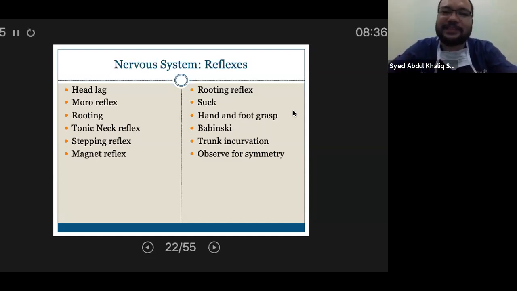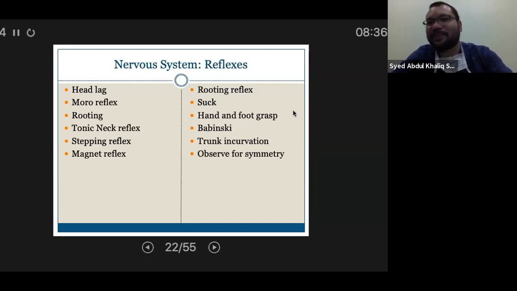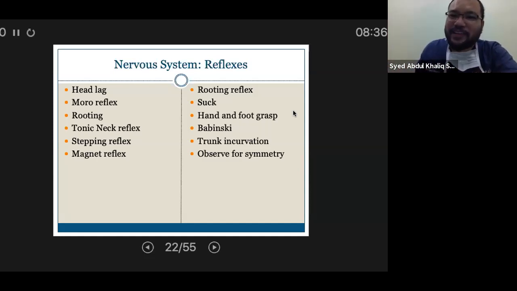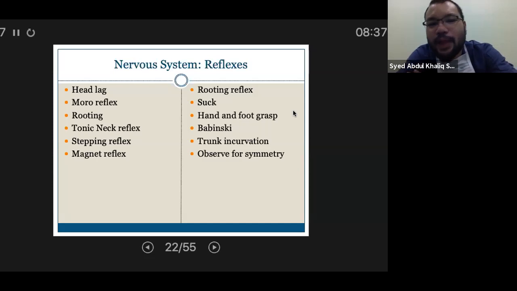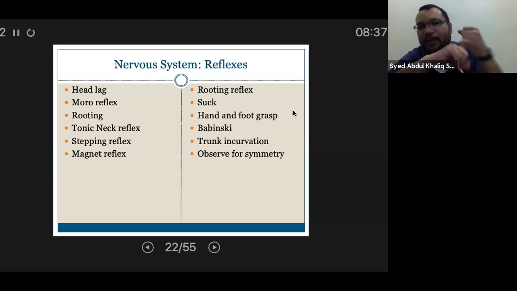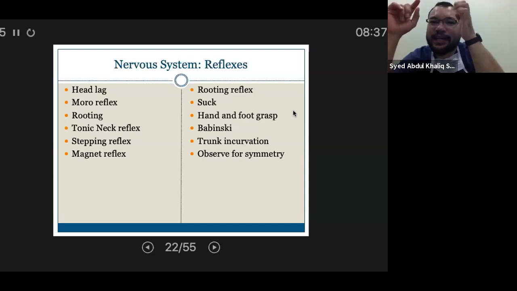And then ada walking reflex. You pernah tengok tak video viral dekat YouTube? Kata oh bijak ni, baby ni baru lahir dia pandai jalan kan. Actually semua baby macam tu. You all semua sama macam tu kan. So you pegang dia, you letak kaki dia dekat atas satu flat surface, dia memang akan jalan. That is a primitive reflex. It is not something yang miracle. Maksudnya semua baby boleh buat lah basically. So walking reflex, magnet reflex I'm not quite familiar. And then grasp. If you put anything on the hand, baby akan grasp. You letak anything on the foot pun, jari dia akan grasp.